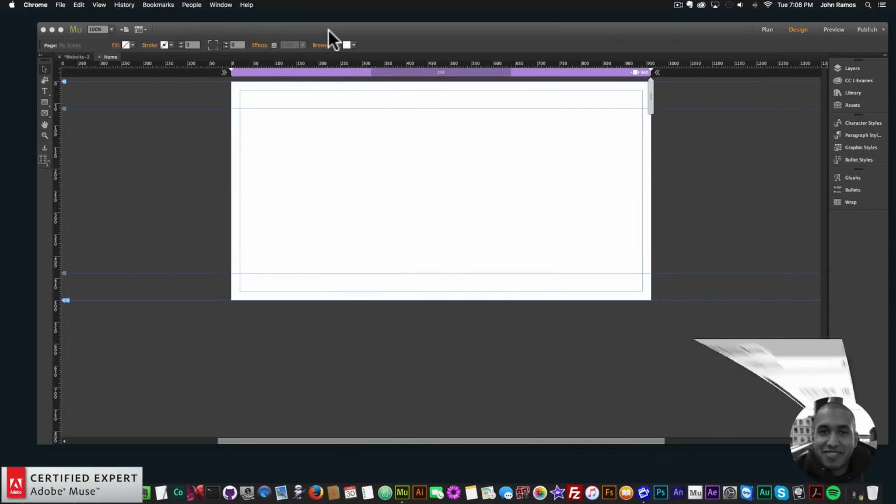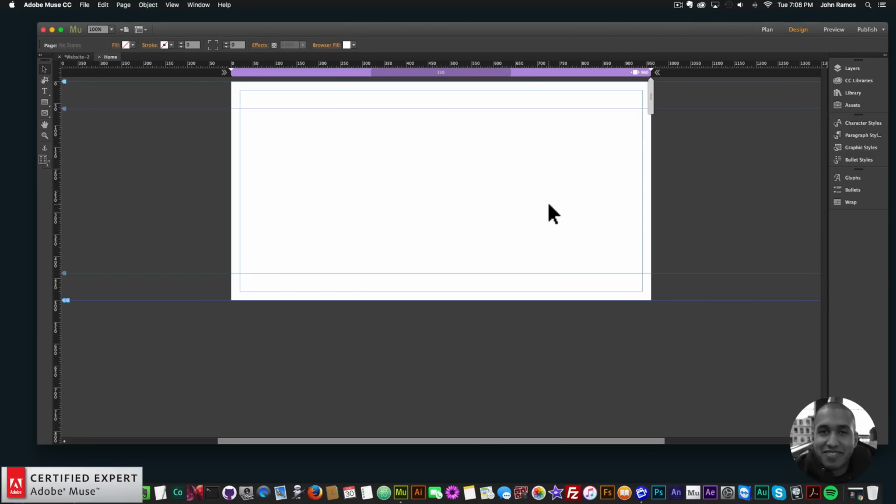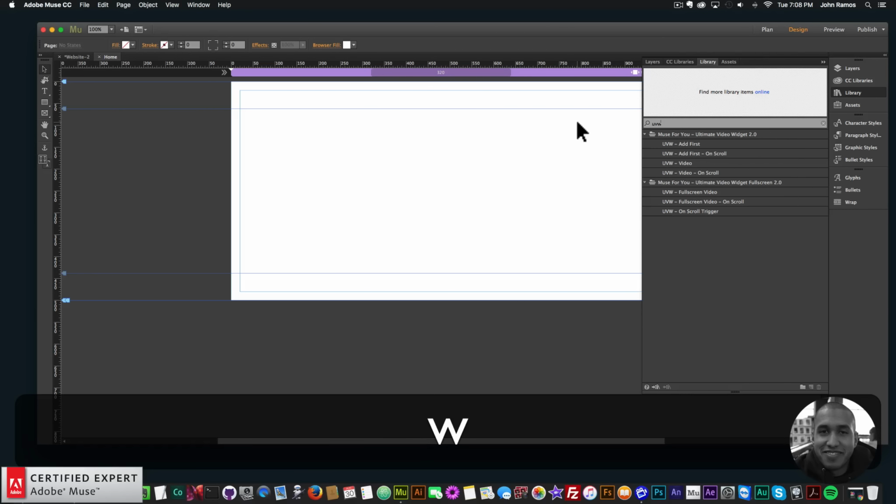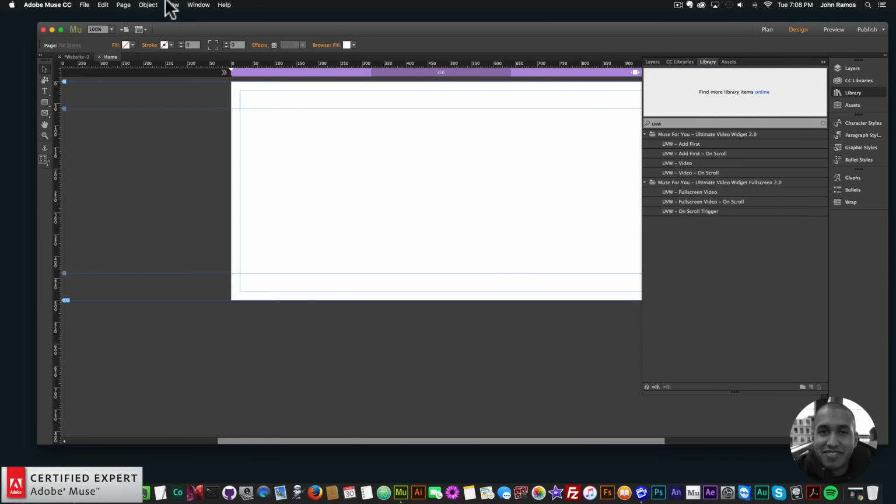So I'll go ahead and jump right into the video tutorial. The first thing I want to show is the new way of adding video with the Ultimate Video widget. So here I'm going to go into the library panel. I'm going to type in UVW, and if you don't see the library panel, you can go to Window and click on Library. So here I typed in UVW, which is short for Ultimate Video Widget, and here are all the widgets for the Ultimate Video widget. So there's the full screen, so there's two widgets that come in the widget folder. There's the full screen and just the Ultimate Video widget,